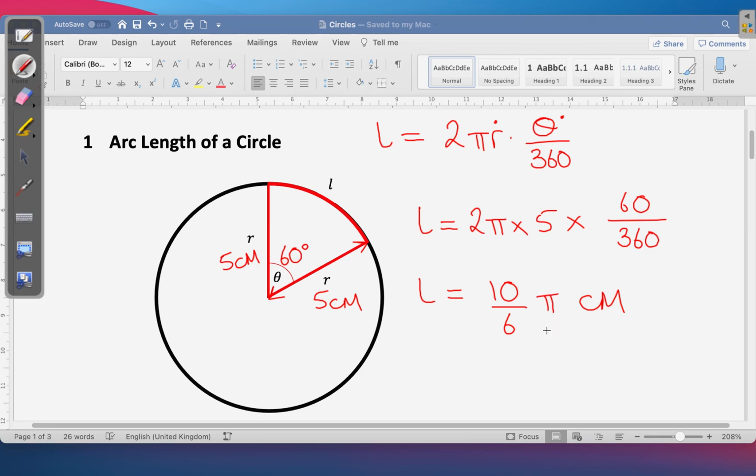Okay, now if you're asked to work it out as a decimal, then what you need to do is type in 10 sixths pi into your calculator, and then you need to find the SD button on your calculator. Okay, so if you have a Casio, this is just above the DEL symbol, so the orange delete button, and then what you will get is that the length is equal to